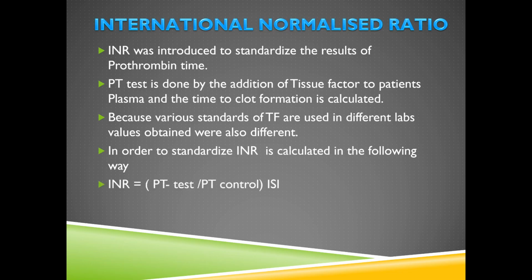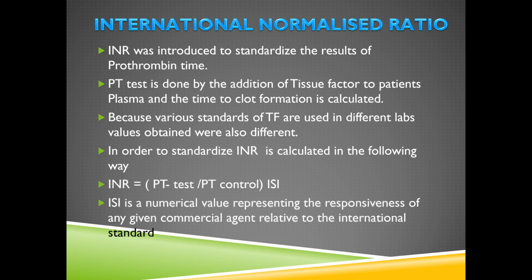INR is equal to the observed PT test value divided by the PT control, raised to the international sensitivity index, the ISI. ISI is a numerical value representing the responsiveness of any given commercial reagent relative to the international standard. So this is how you have to calculate the INR. And the normal value is between 0.8 to 1.2. So anything higher than that